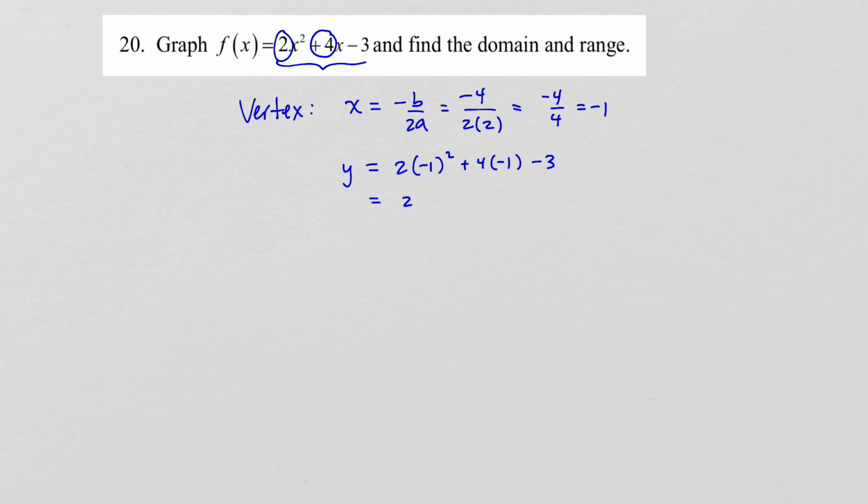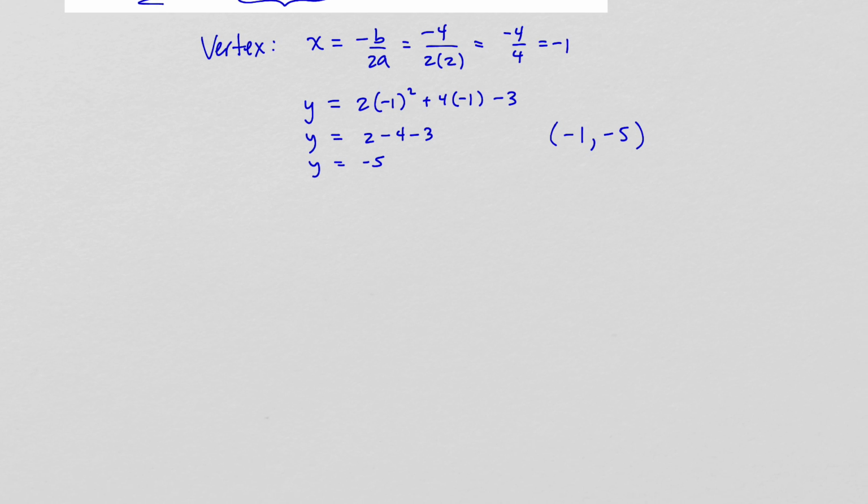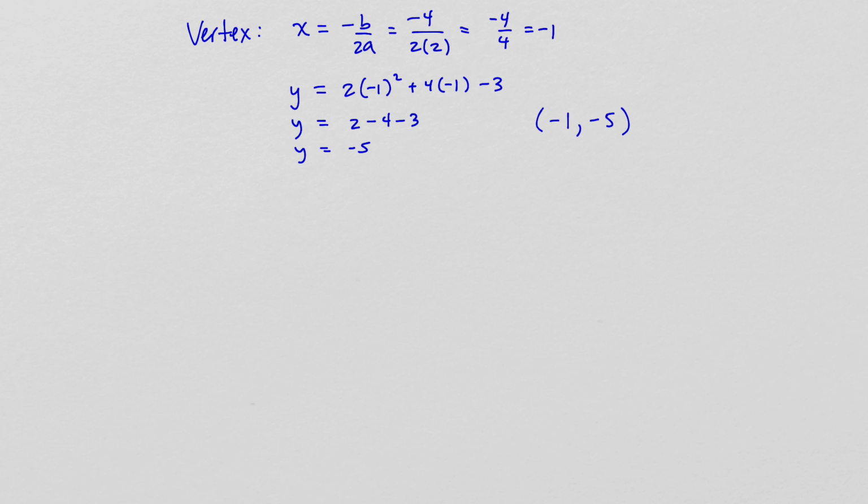This is 2 times 1, which is 2, minus 4 minus 3, which is negative 5. So the vertex is negative 1, negative 5. Okay, now that's the vertex. Now how do we find the domain and range? Well, actually drawing the graph is going to help us find this domain and range. So the vertex is negative 1, negative 5,